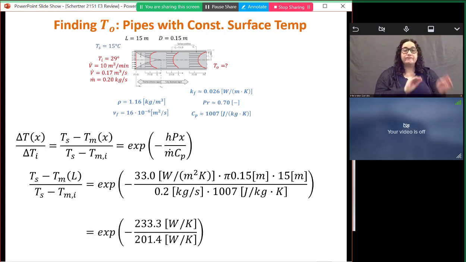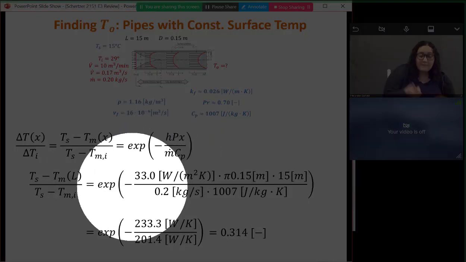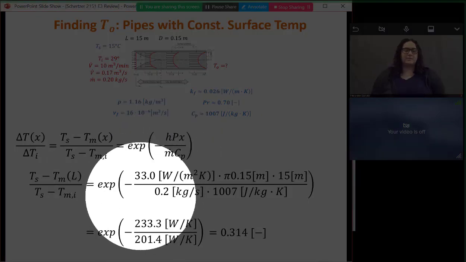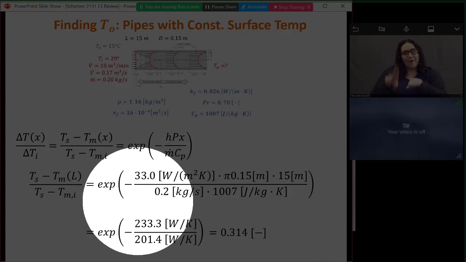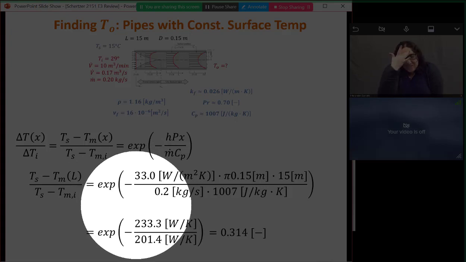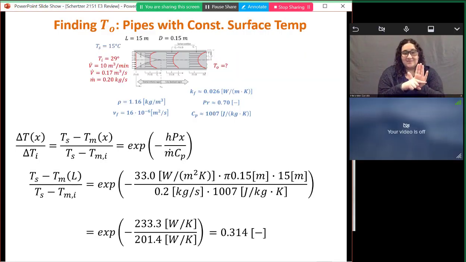Again, I've said this before, but I'm really good at punching things into my calculator wrong. So I'm going to calculate the numerator first, then the denominator, and divide them both, right? If I'm going to mess up in this problem, one of the things I really like to mess up on is forgetting that this exponential term is negative, the term in the argument here. So if you get a value here that's bigger than 1, it means that you forgot to put the negative value here. So please remember to do that.